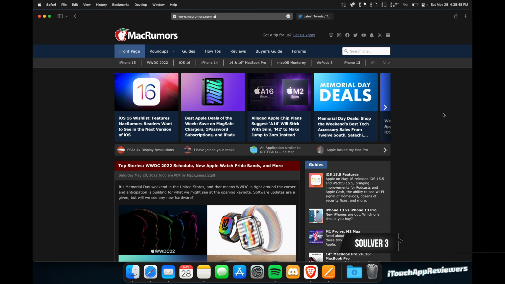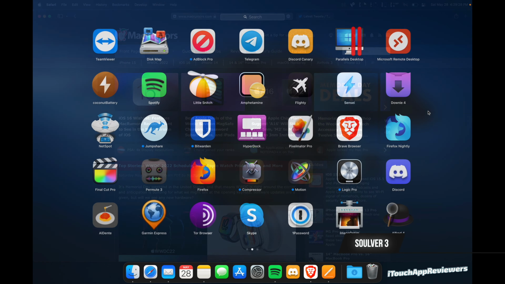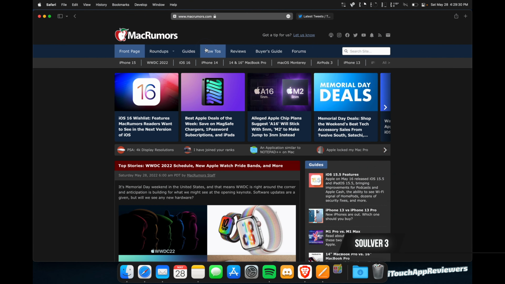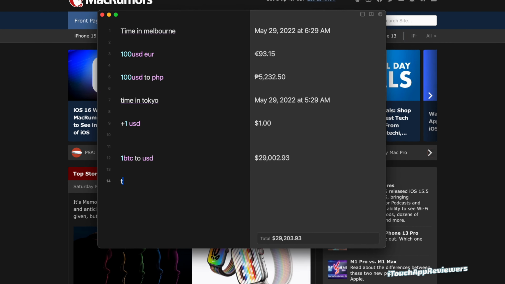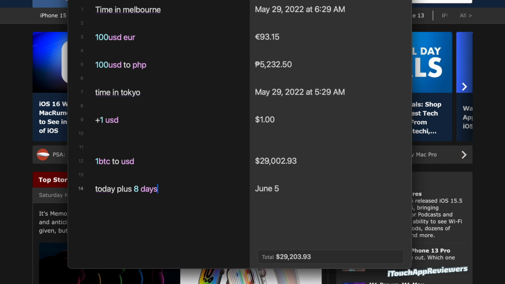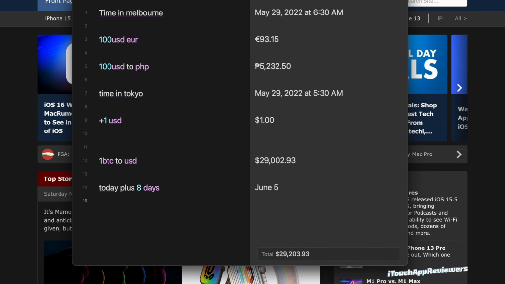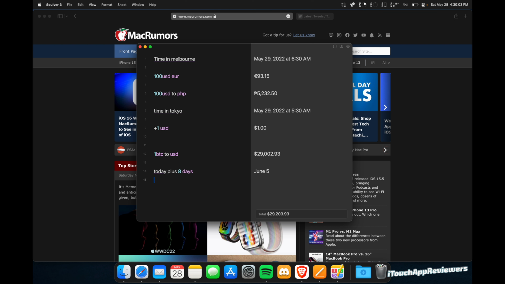The next one has a very active developer, and they replied to me within like 5 minutes. Big shout out to them. So here is Solver 3, and this is one of the coolest apps that I have used. You can basically throw any equation into this thing and it can tell you the answer. So it can convert money, it can convert time, it can convert dates. So I could say today plus 8 days, and it tells me June 5th. I've been going through trying to find something that would throw this off, but it just seems to pull everything,